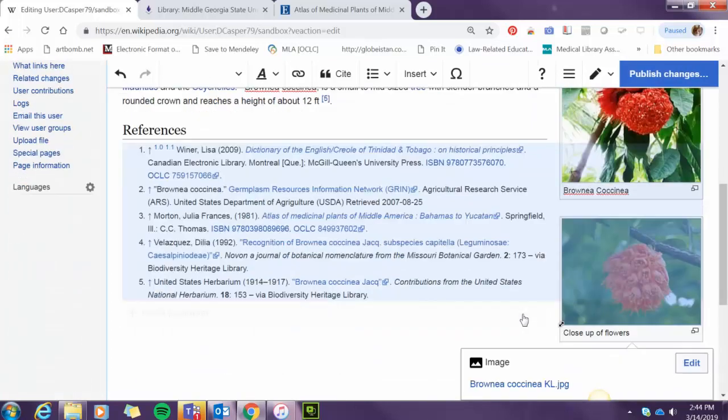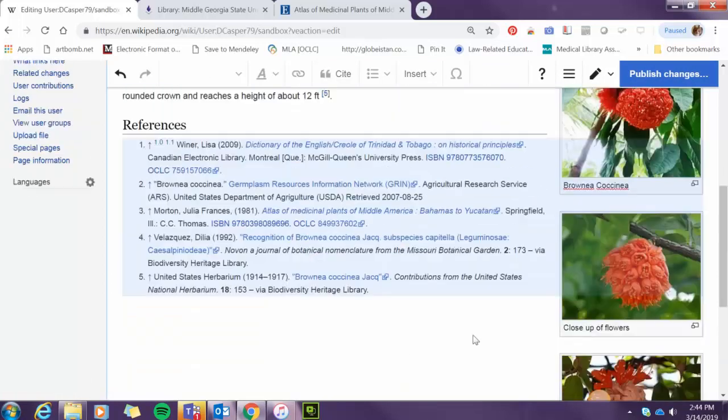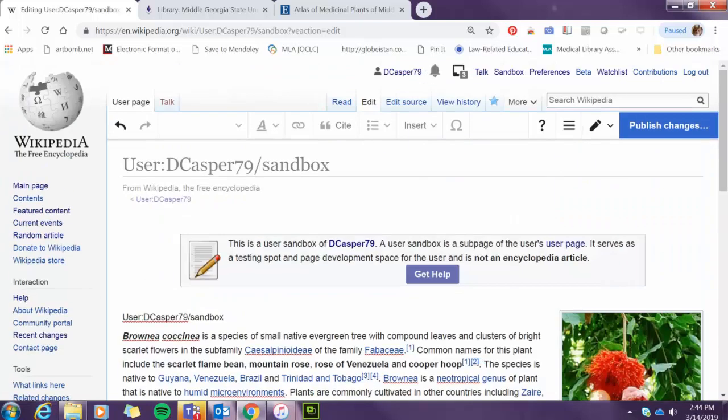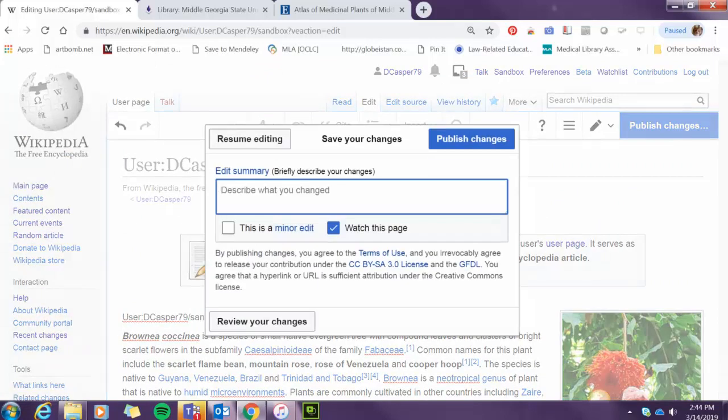And then you would insert. And whenever you add something or change something, you want to publish your changes. And you can add a summary of what type of edit or change you've made.